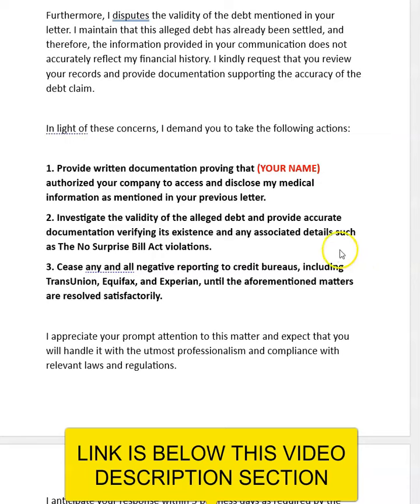There's also something called the No Surprises Act. This letter is going to help you challenge that. Also, you have a right to know before any procedures are done, any lab tests are done, if it was authorized by your insurance or not authorized, and they have to tell you the amount. And then also, if they're reporting that information to the credit reporting agencies, this letter will also get that information